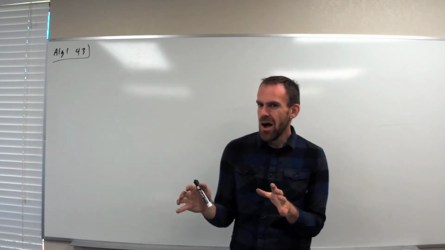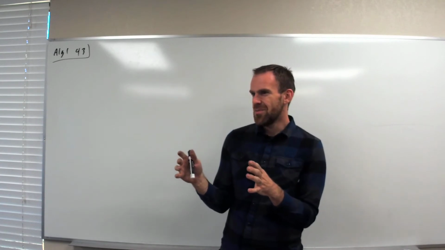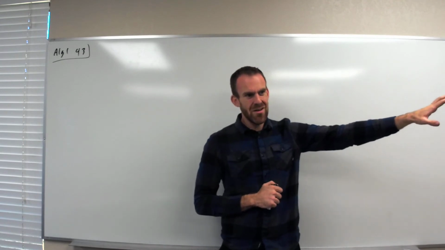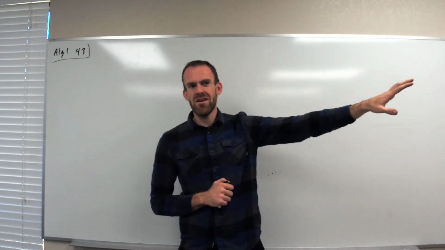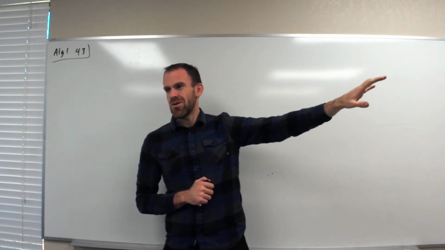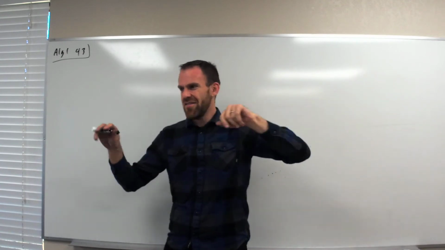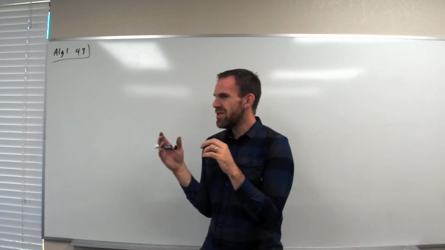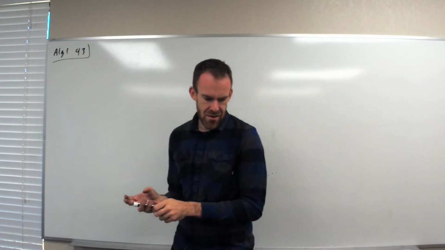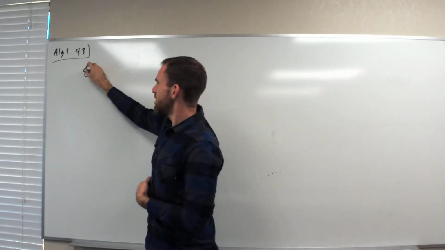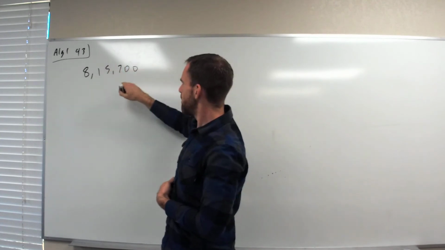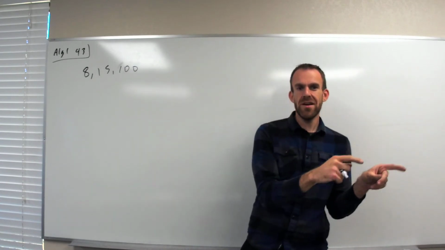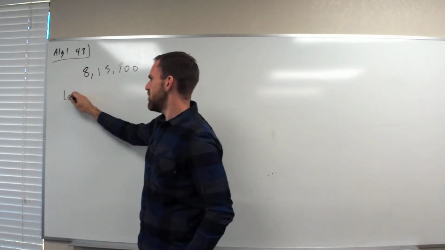But the common thing amongst you all will be that you were once 9th graders and you were once in this class. But where are you going? Hopefully, the thing that's going to be common to us at the end is that we're all going to be with Jesus, right? And so you have your beginnings and you have your endings. The least common multiple is kind of like the thing that we have all in common at the end. They're going to give you some numbers like 8, 15, and 100. And I want to know, what number do all of these numbers go into? That's the least common multiple.